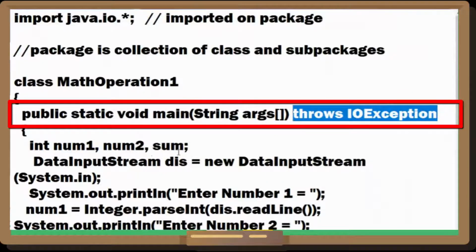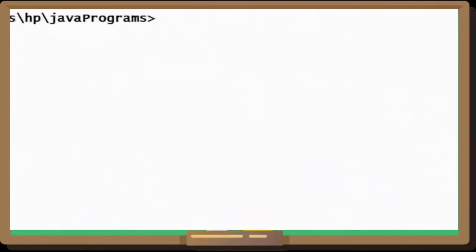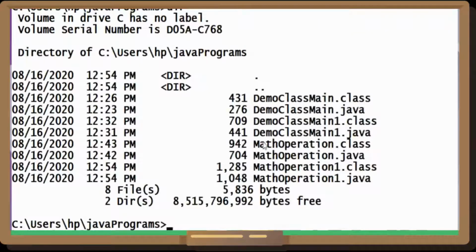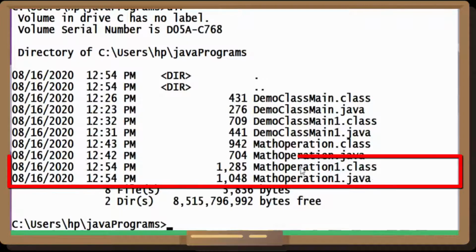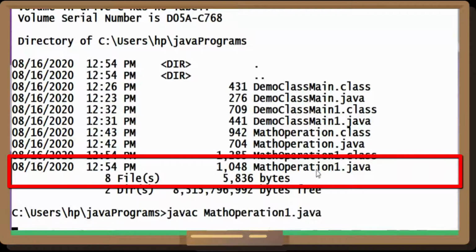Now I have to write it at the point where that particular line is used. So that function I have to use. The rest of the code is the same. Now I'll switch over to the editor and let's see what happens to my code. Now I'll go to the command prompt and type dir. The moment I type dir, my MathOperation class is there. And now I'll write the compile command.